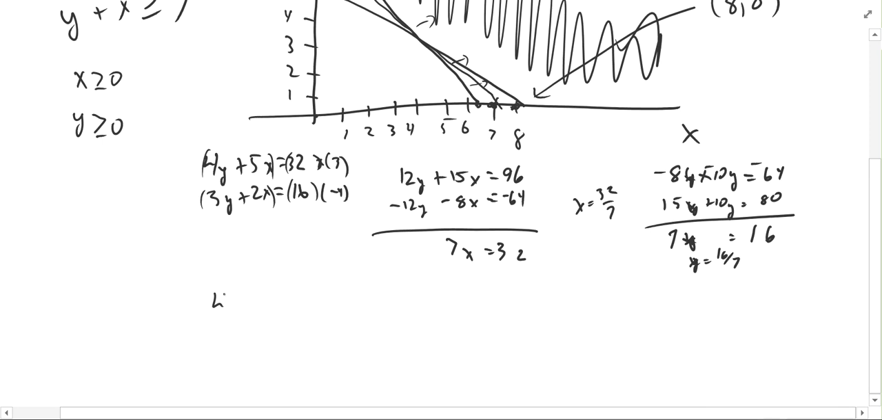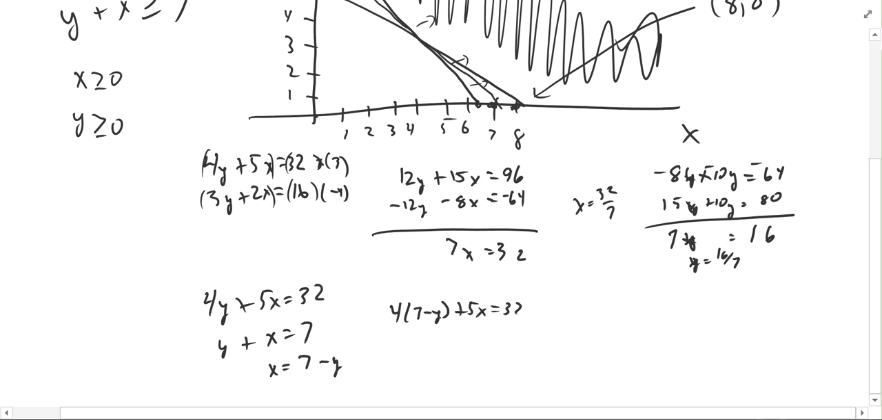And then if I look at 4x plus 5y equals 32 and x plus y equals 7, I've got those x and y's backwards. Let's just start all over here. 4y plus 5x equals 32 and y plus x equals 7. Let's see, I can do a substitution on that one. x is equal to 7 minus y, so then 4 times 7 minus y plus 5x is equal to 32,